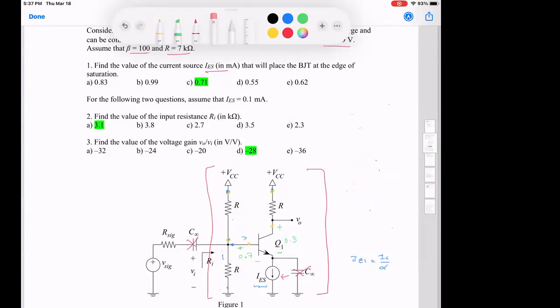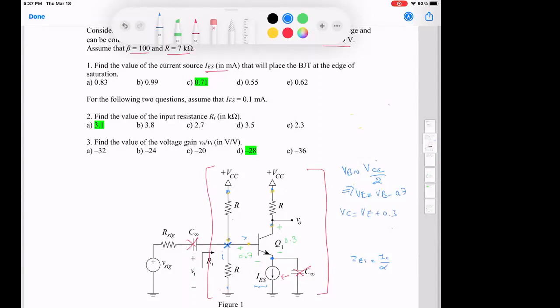At that point I can simplify my assumptions and say if I approximate this node to be approximately VCC over 2, right? Then I can know what the voltage VE is. VE will be equal to VB minus 0.7, right? And then I can know what the voltage VC is, because VC will be equal to VE plus 0.3,